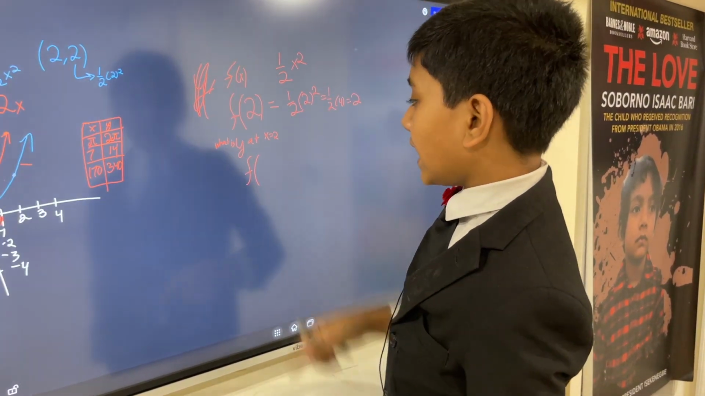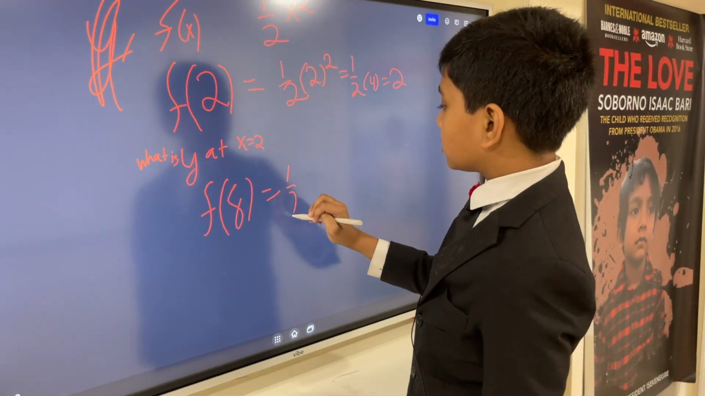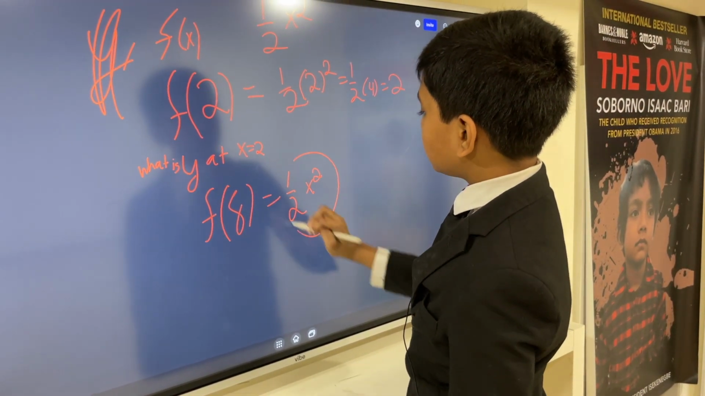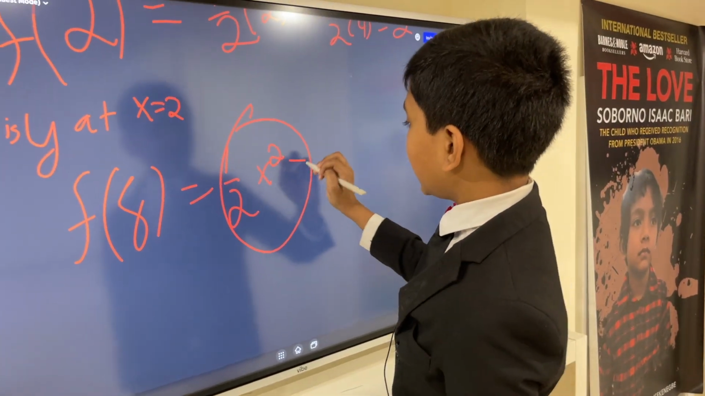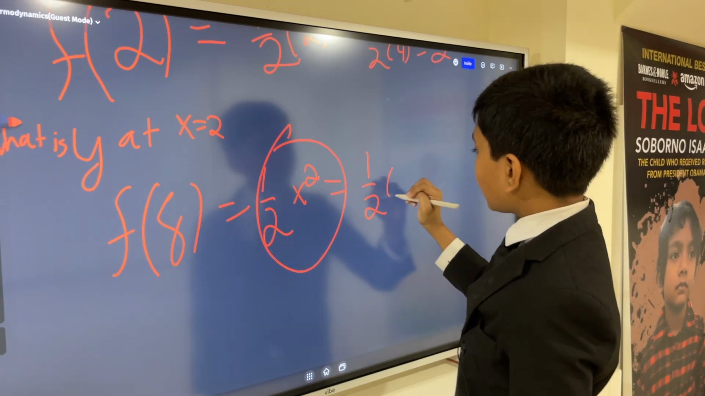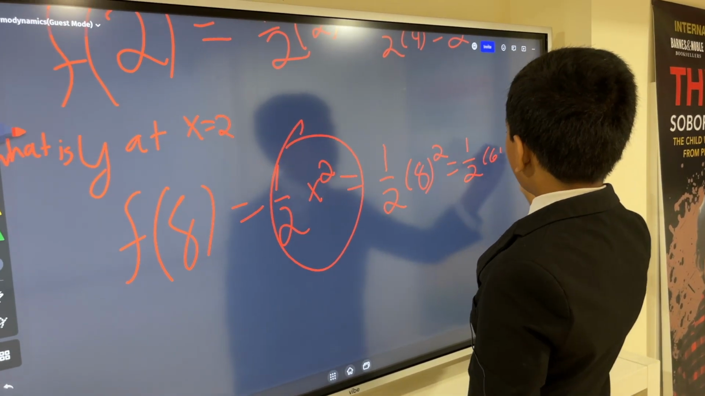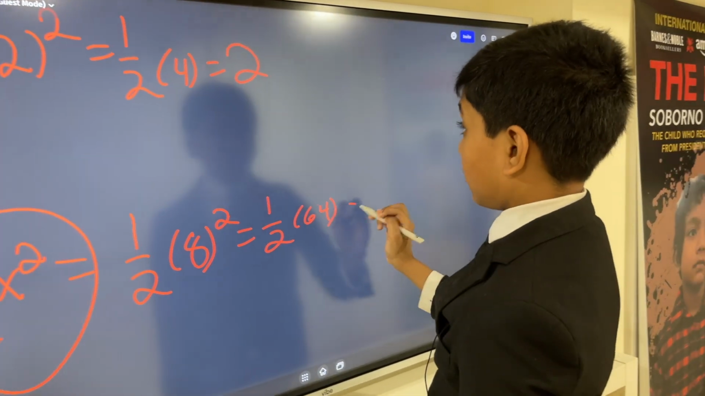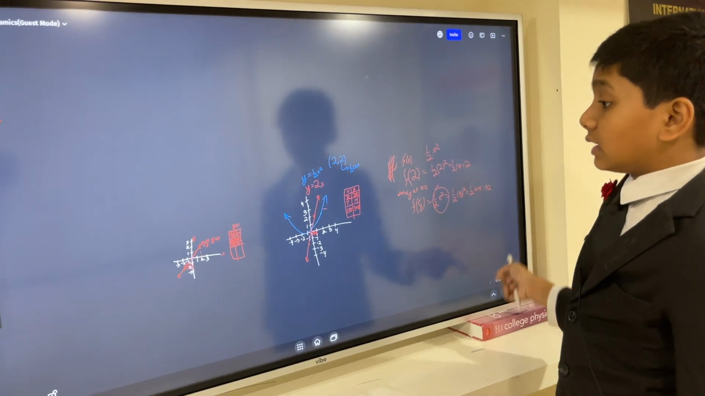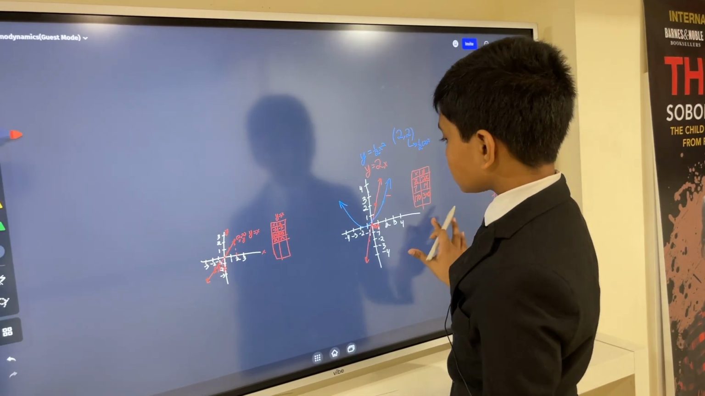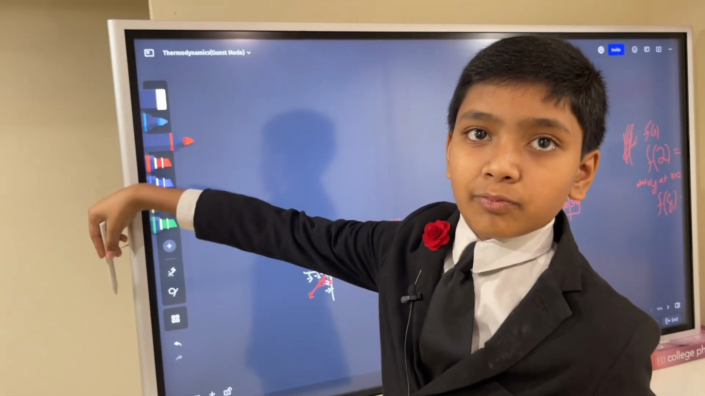If we plug in any x, like for example, f of 8, it's asking what is this function at the value of x equals 8. 1/2 times 8 squared, 1/2 times 64, 32. So as you can see, this function gets big a little quickly. But that's the thing. So that's how functions work. They're basically a collection of points that fall